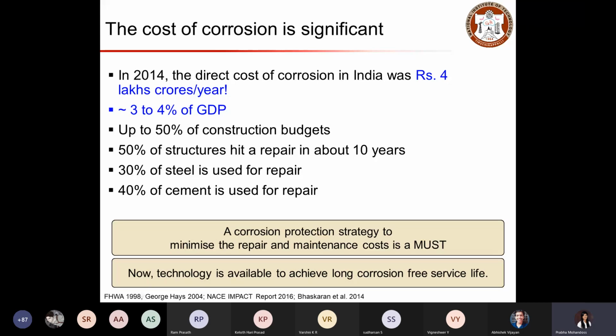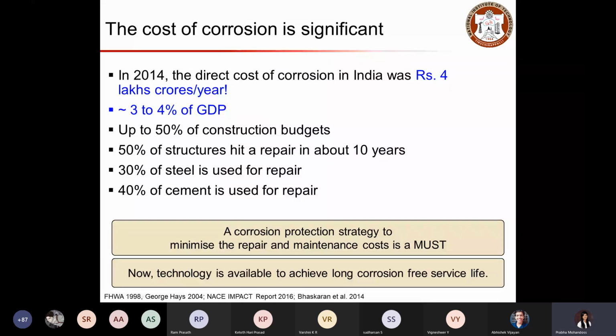Whatever technology we have available to achieve long corrosion-free service life is required to meet that goal. That means we want our structure to provide its service without any corrosion damage.